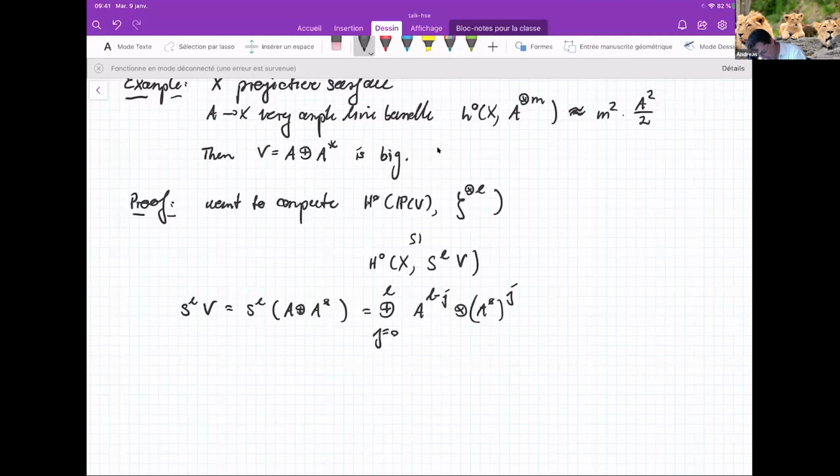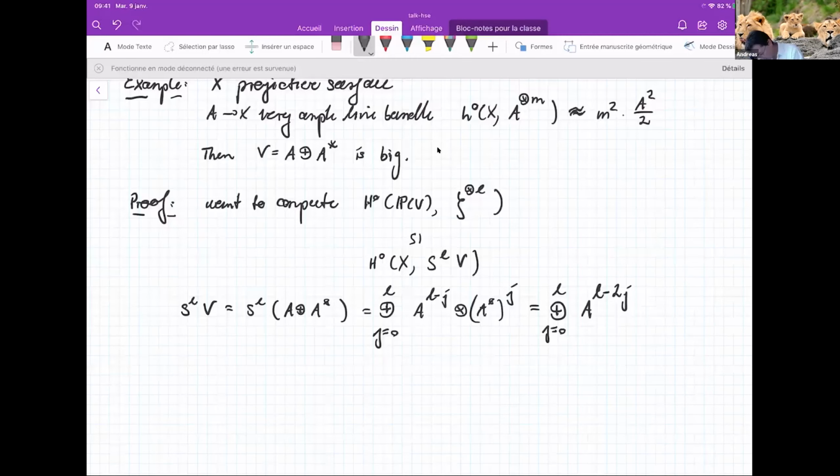You sum up, and then you have (l minus 2j). Okay, so there you've decomposed your symmetric power into a sum of line bundles, and you observe that l minus 2j,